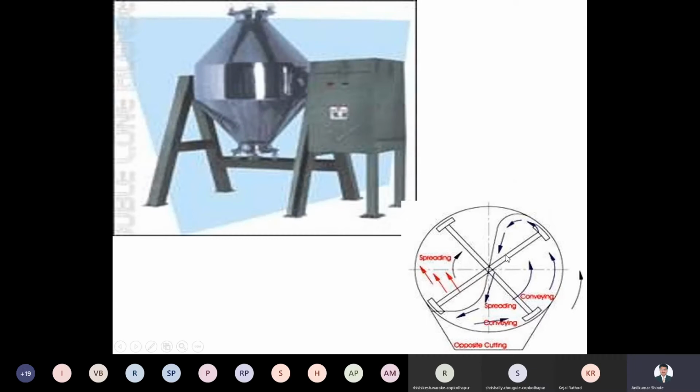This is one more example, right? So these are the different blades which are attached inside. This is the first blade and this is the second blade, right? These blades are moving at various speeds, and the various speed creates the pressure, creates the shearing force, and with the shearing force, if some of the material producing the damp mixture is of large size, it will be made small size by the shearing force, alright? So this is the double cone blender.